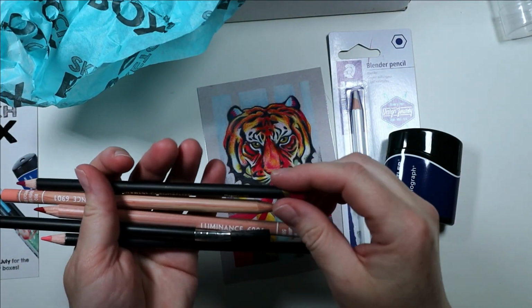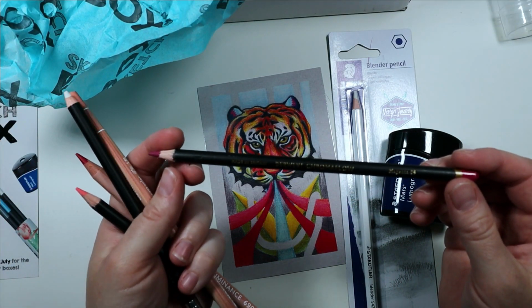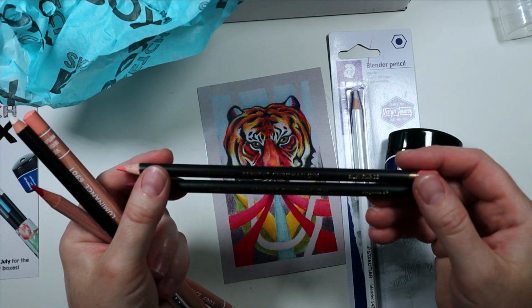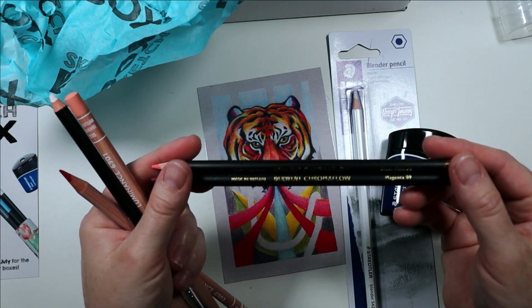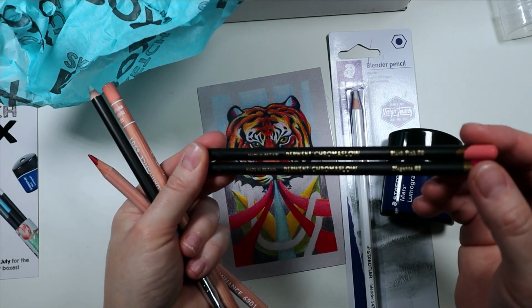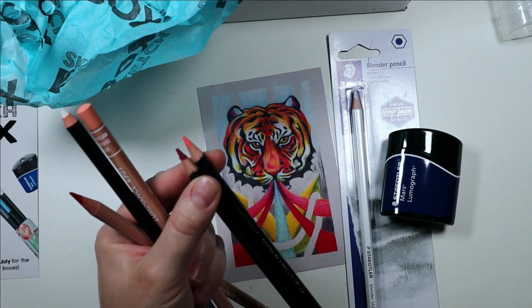More pencils. Plenty of pencils. There's a Derwent Chroma Flow, and actually there's two of them. I think those are fairly new. They're more of a studio type of quality. I've got a blush pink and a magenta, which could be great for